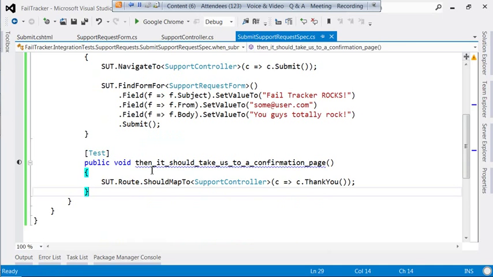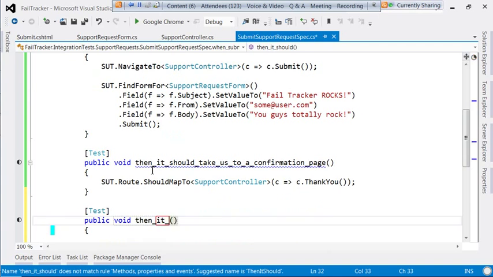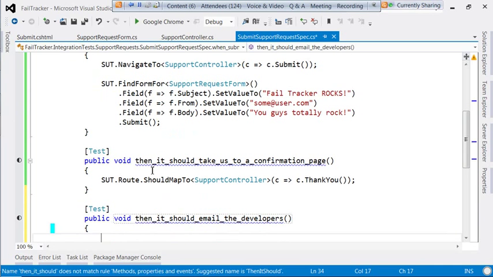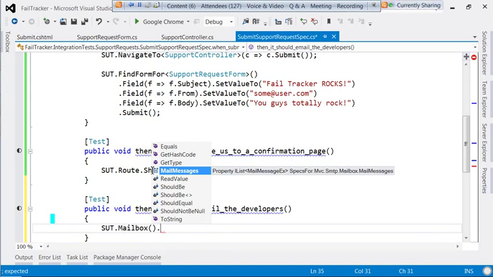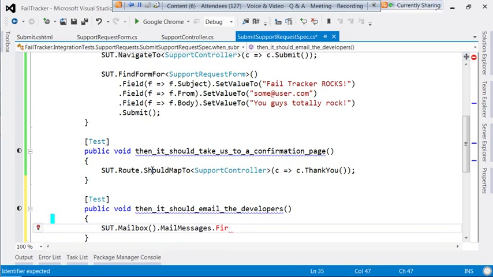So that's great, but it's really supposed to send an email to the developers. So let's go ahead and write the test for that. Then it should email the developers. So I'm going to grab the mailbox. That's implemented as an extension method in SpecsFor MVC 1. It might be somewhere different in version 2, but for now it's an extension method. So that grabs the mailbox for my current test context. And I can say that the mail messages, the first one in there, because there really should only be one, that should be sent